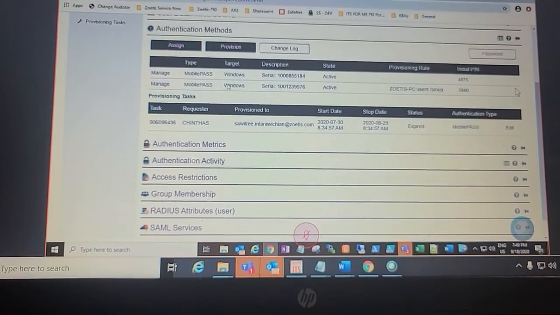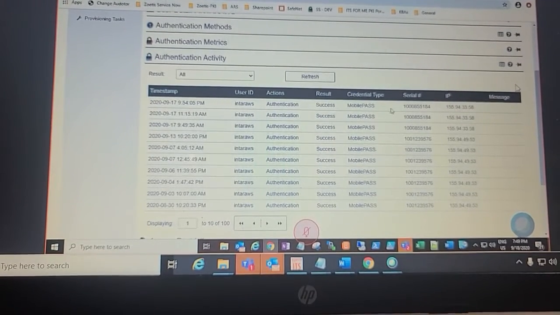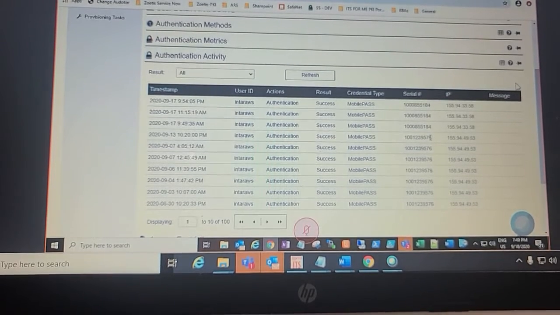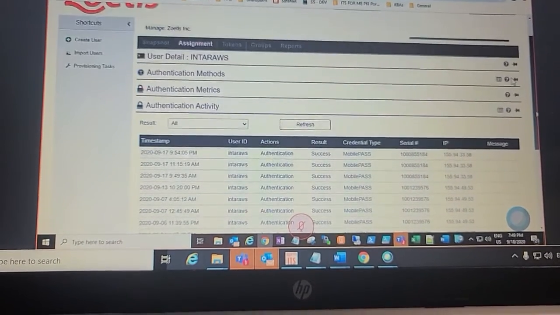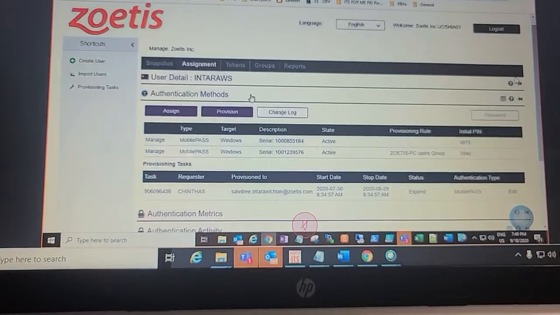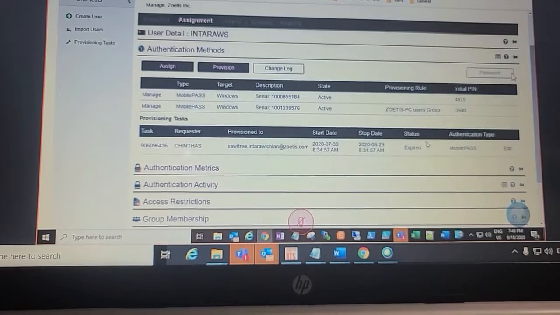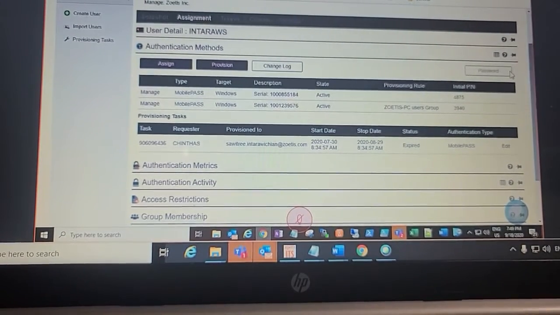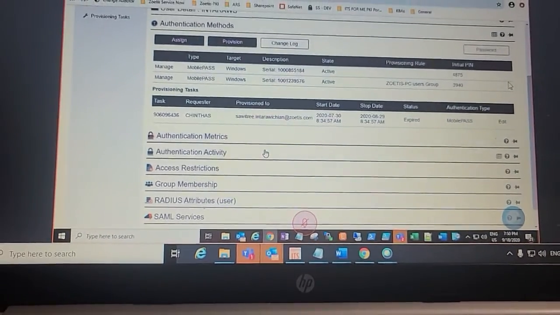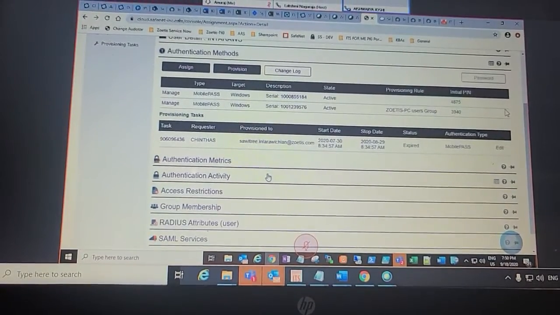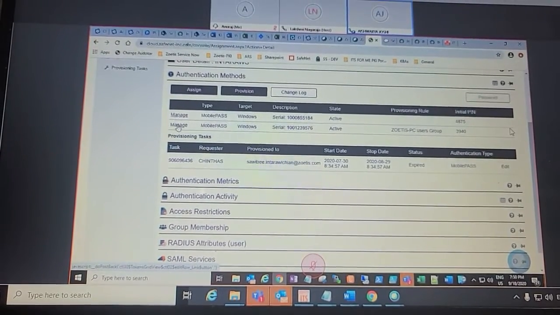He is using both of the tokens on Windows itself. So we will go into authentication activity, and we will see he is using 84 and most of the times he is using 76. So we will revoke the other token. For the 84, note down the difference; I'm searching here for the serial number. As the user requested a replacement, we have to revoke his currently used token and provision him the new token. So we will revoke one token.